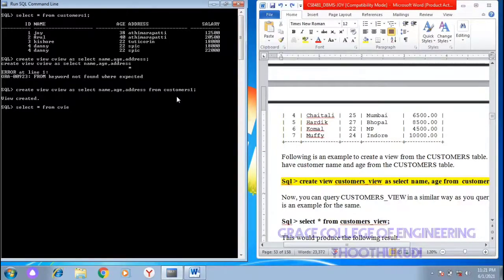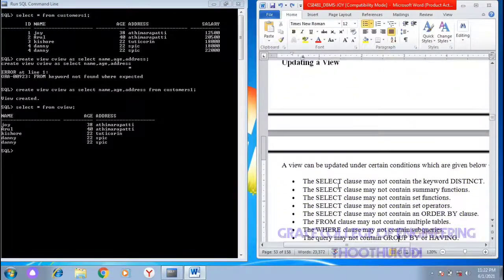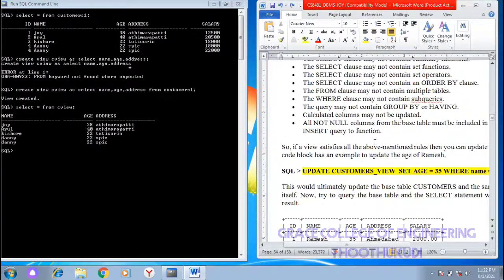Now I am going to display the view by using the command select star from the view name, which is now C view. Here I got only 3 columns, name, age and address, in my view. In a view you can also easily perform update and insert operations.